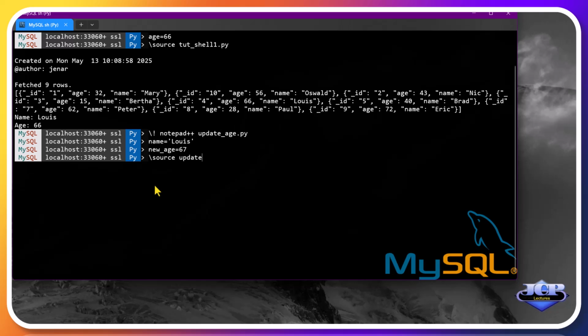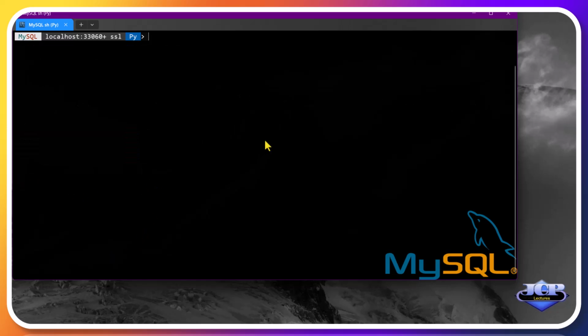And calling the script to update, we will see the change in the document. Finally, running the original script to display all the documents, we can see that the collection was updated accordingly.